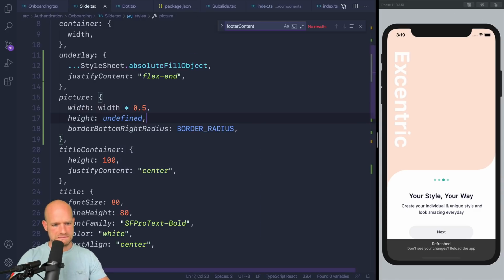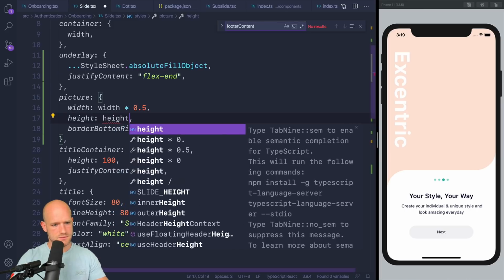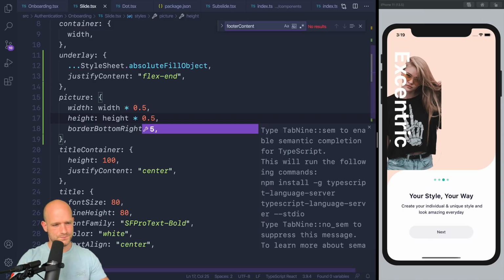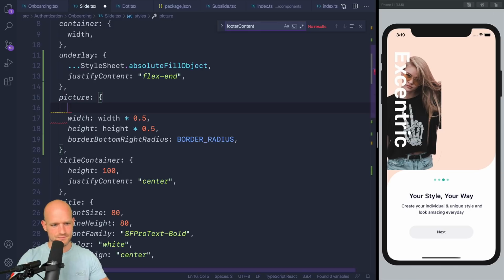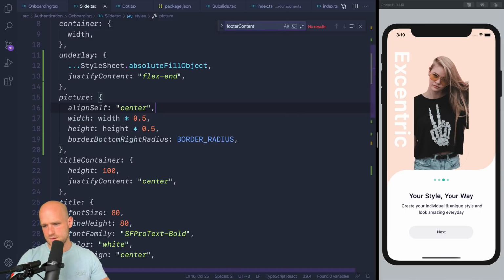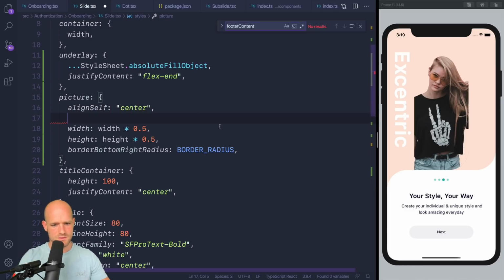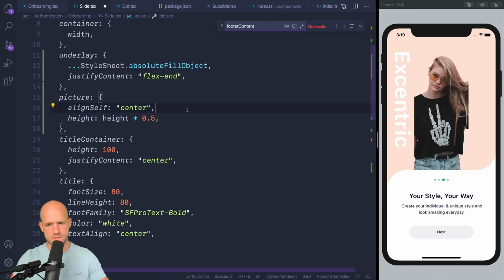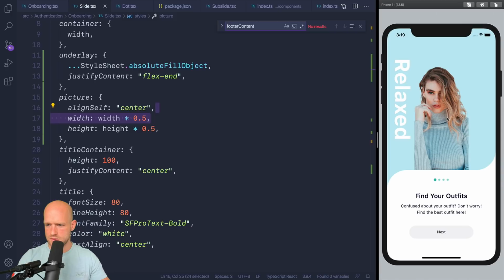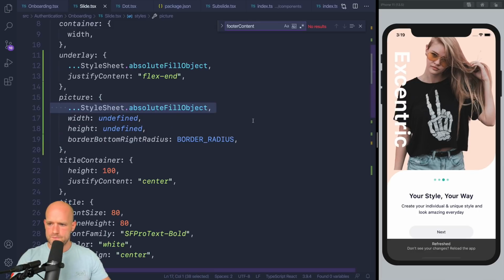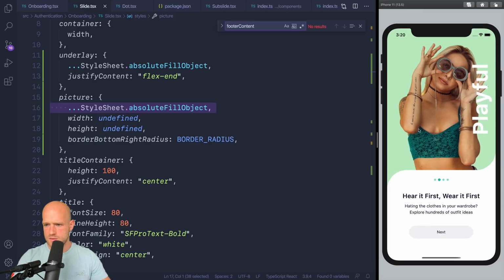Width times 0.5. I can remove, okay. I guess I really need to have the aspect ratio for each image. I'm gonna leave it like this for now, and